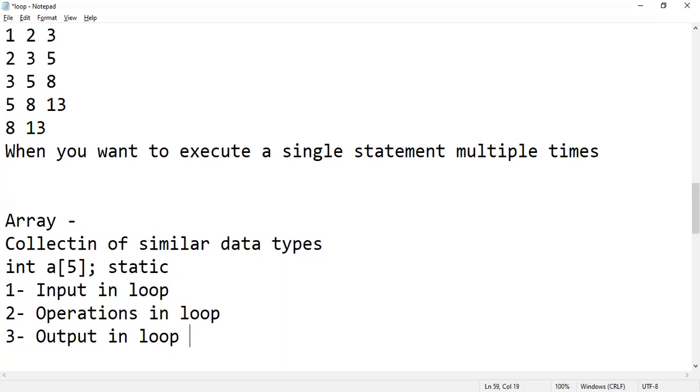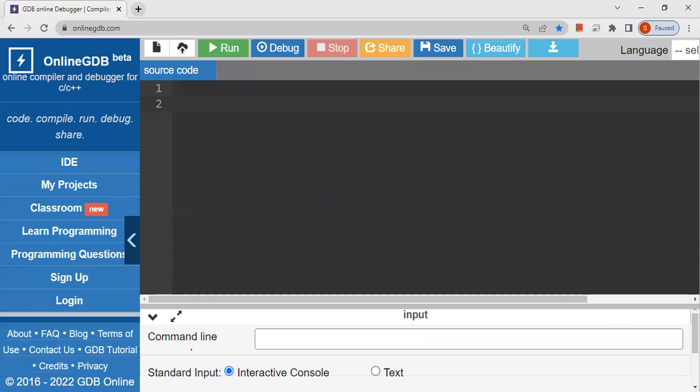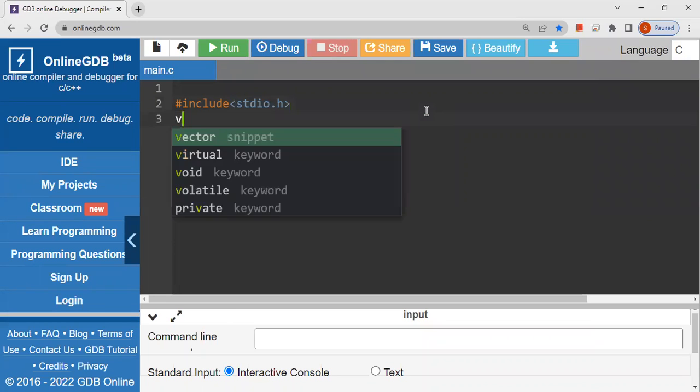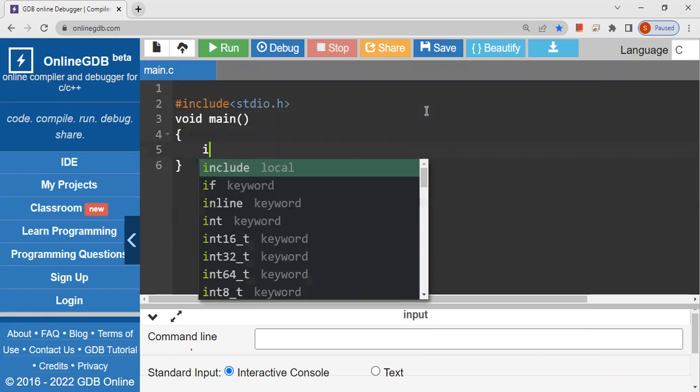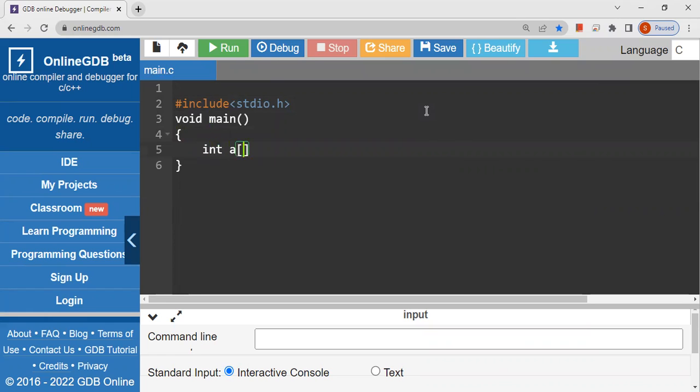So how do we declare an array, and how does an array work in C programming? Let's see some practical aspects. I'm just going to write some code. One second, let me select my language, that is C. I'm going to use this online compiler. You can use any compiler based on your choice. stdio.h. Then void main, this is the minimum function we require. Now there I'm going to declare the array: int a[5];